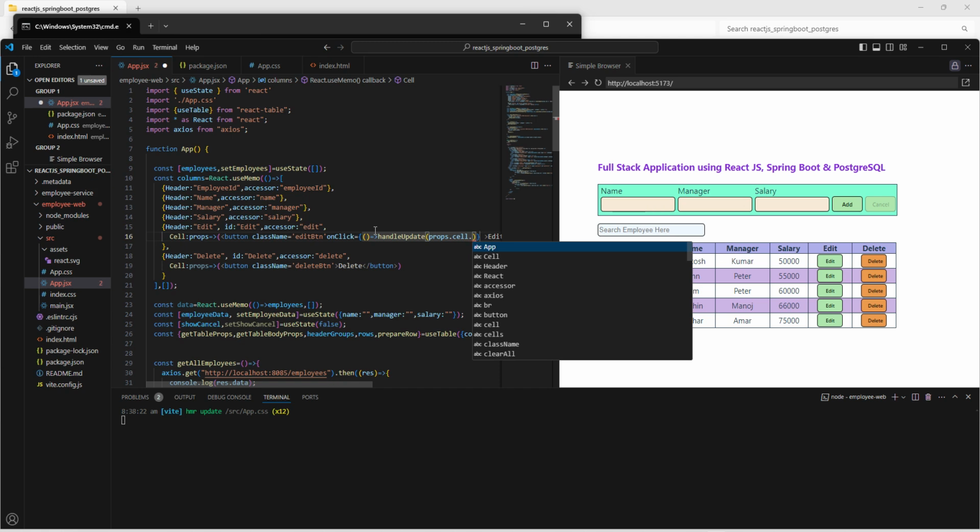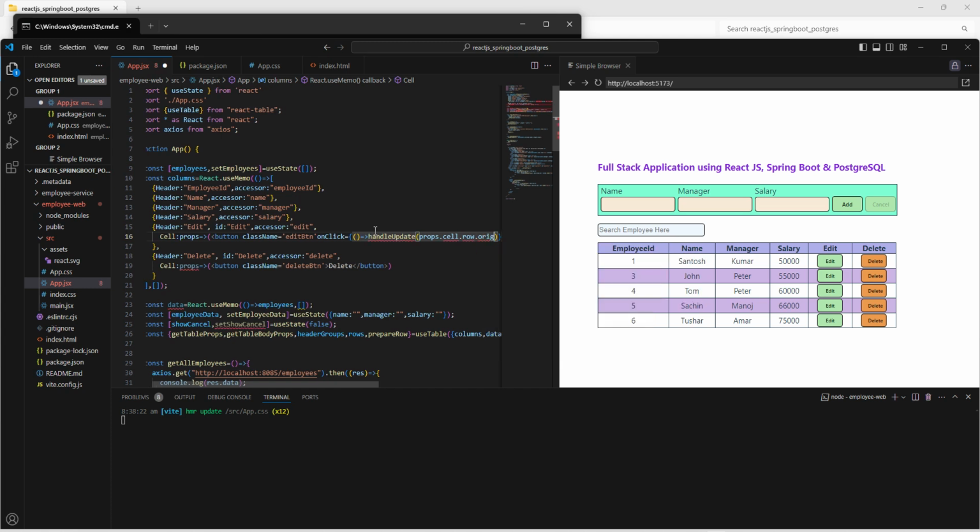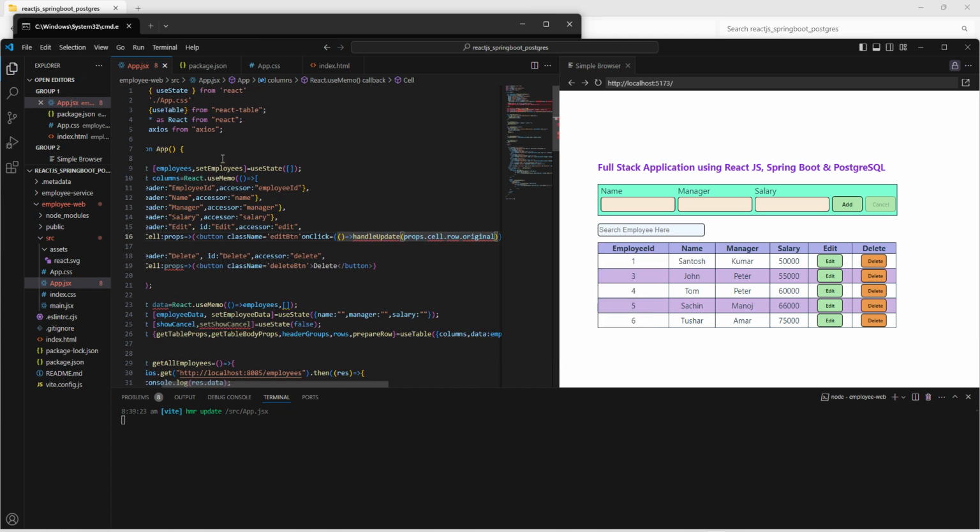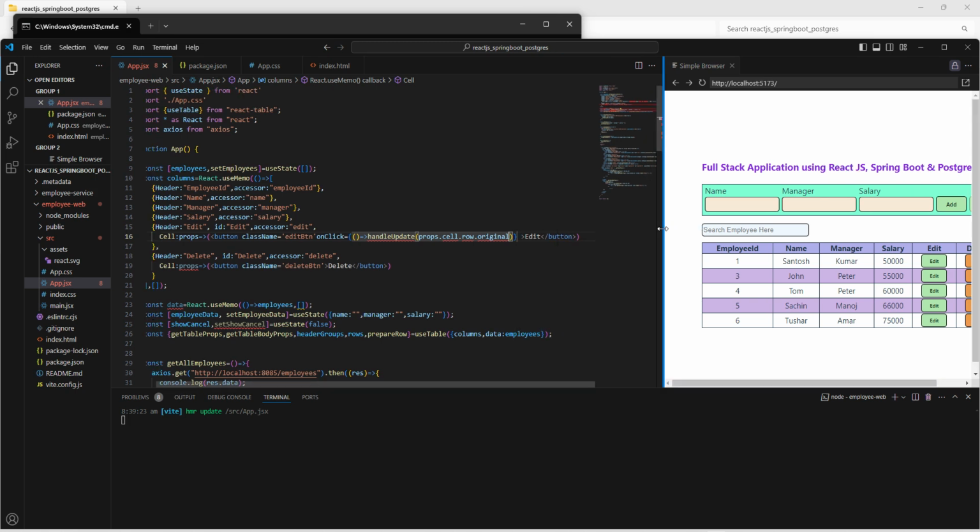We can call on cell on props, and on from cell we can access the row, and from row we can access original. We can save it. Now same thing we are going to